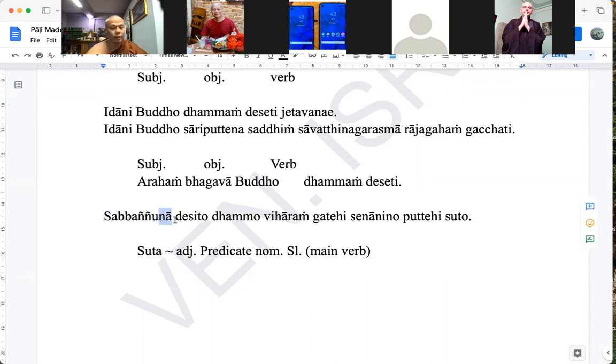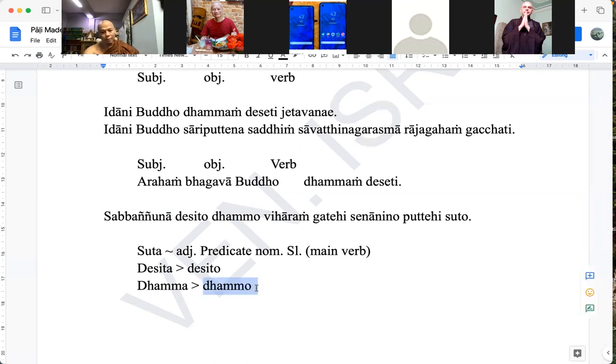So here senānī or senānīnaṃ is a stem word. So that is not subject, not nominative. And desito also, desita. Now desita, one word, as desito. So that is with the nominative case. And then the other one is here dhammo. Okay, so dhamma stem becomes dhammo with the nominative case. Okay, so now the meaning can be understood.